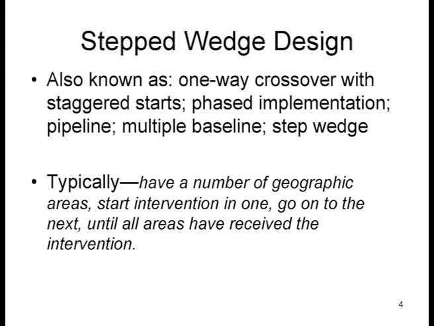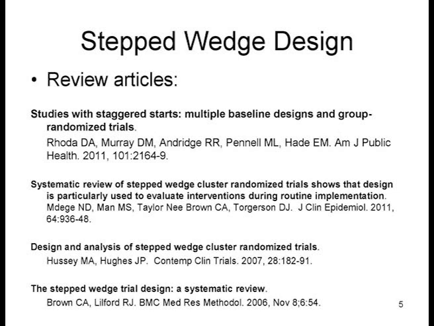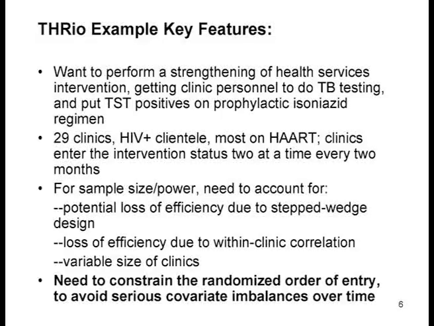Probably a good article to get in to read if you're going to start getting into this is this first one. It just published a few years ago in American Journal of Public Health. The second author is the guy who wrote the first book on cluster randomized trials. And there's been a few other review articles talking about different aspects of the trials, and a couple more since, seeing if people adhere to the expanded consort guidelines for cluster randomized trials and all that kind of thing. But this one is good, and I think it's more balanced than some of the other ones. It shows some of the downsides of the stepped wedge that some people usually don't think about.